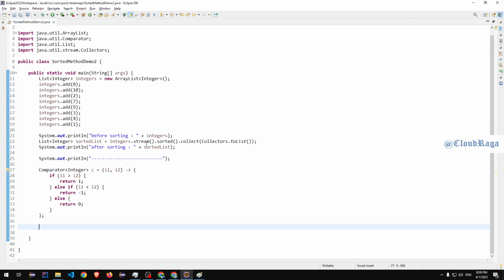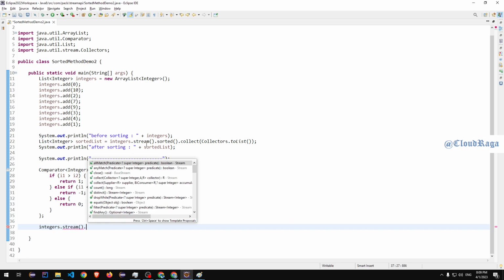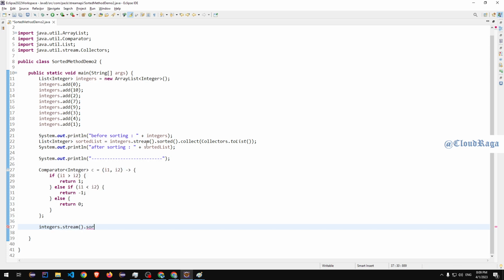So simply go for the reference, that is integers dot stream dot sorted. So sorted will take a comparator as a reference, so I pass c, and then I'll collect them like we always do. Collectors dot toList, and restore it in a list of integers, which gives me